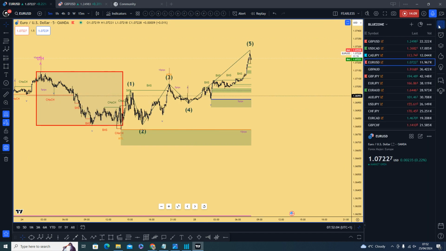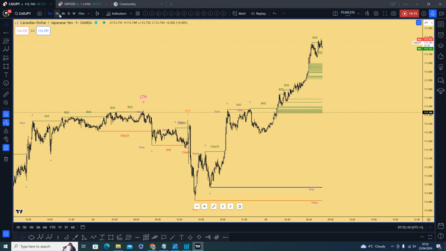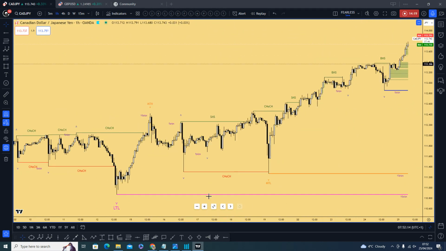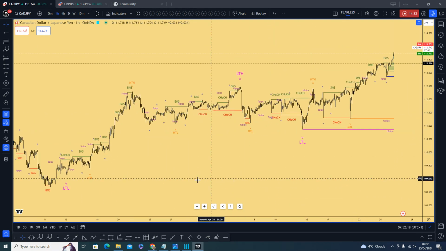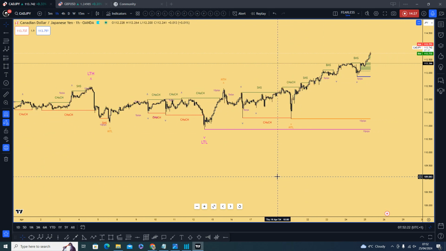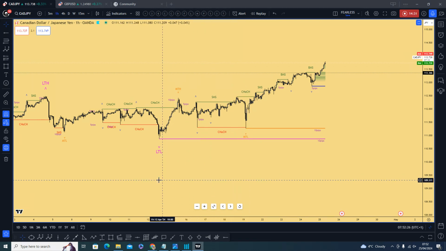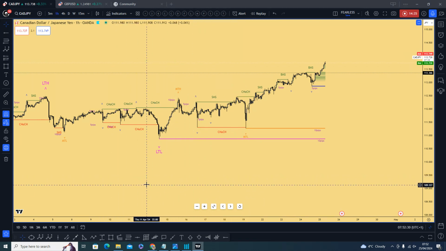Last but not the least, I'm not going to go too much into details with this one, the Canadian dollar, Japanese yen. This is one of our favorite pairs to trade. Be careful selling the CAD yen. Be careful selling against or buying the yen, basically. They're going to eventually buy the yen, but for me,